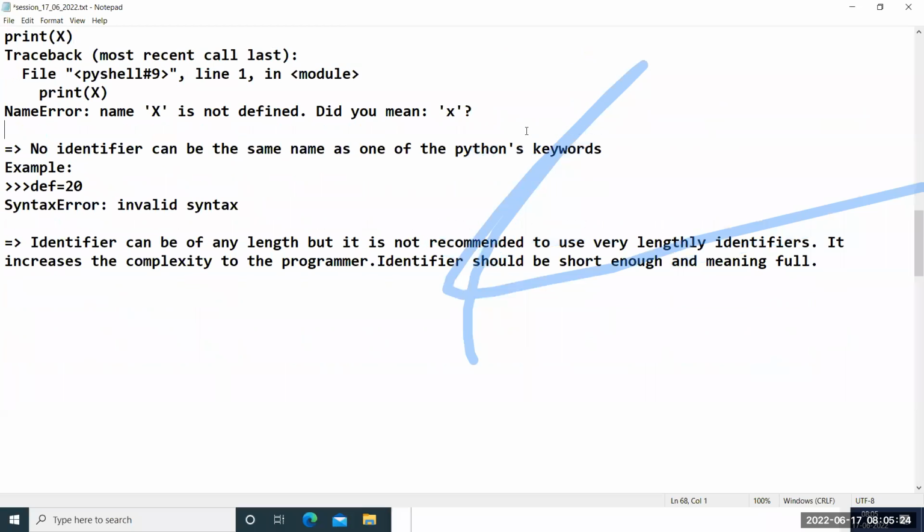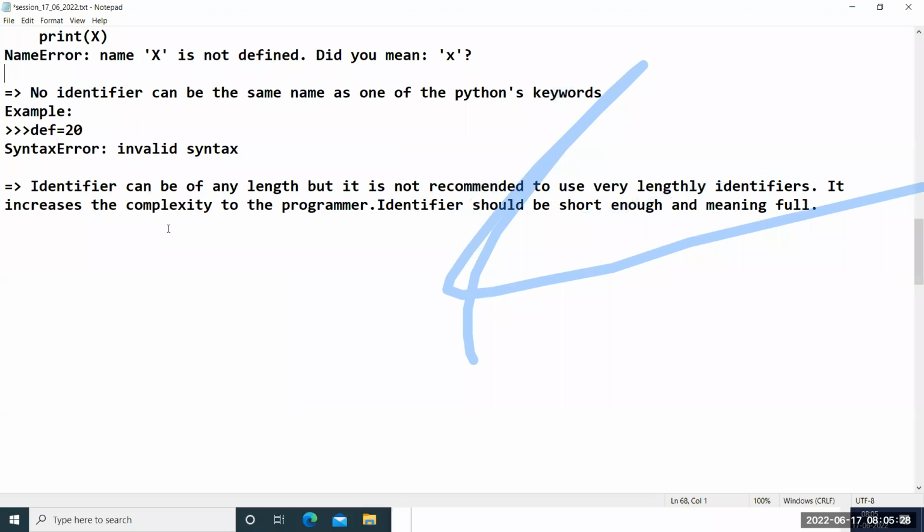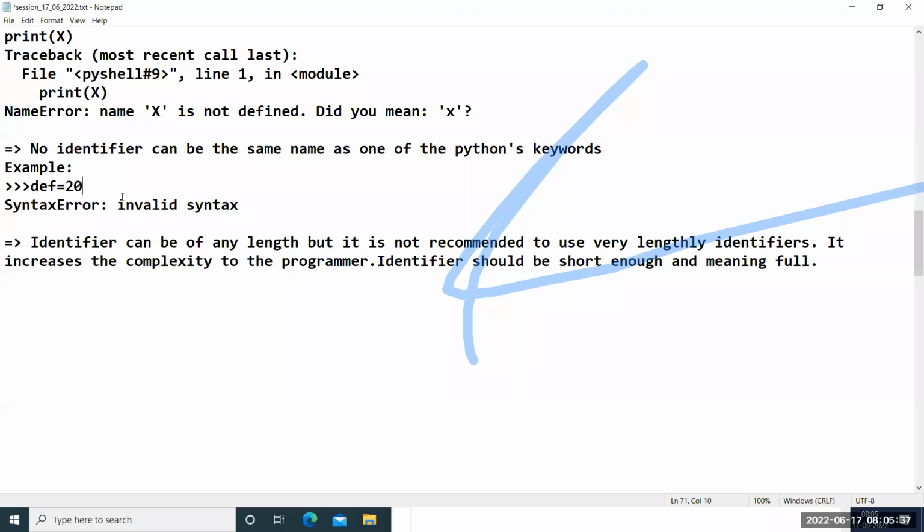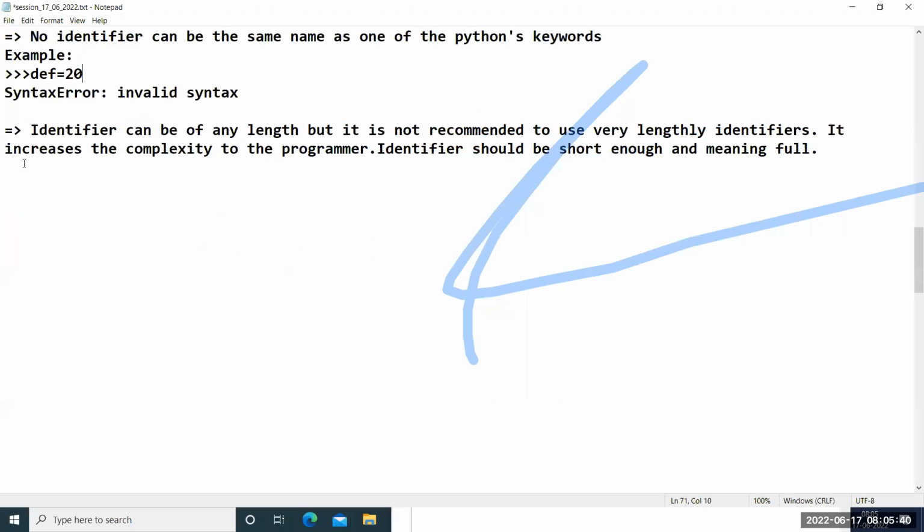What are those keywords? Tomorrow's session... I think tomorrow there is no session, guys. Saturday and Sunday, you have the week off. From Monday to Friday, you have the session. It is around 1 hour to 1.5 hours. I will try to finish it. Weekends, we have other assignments and schedules.